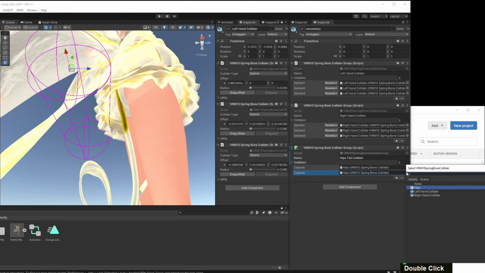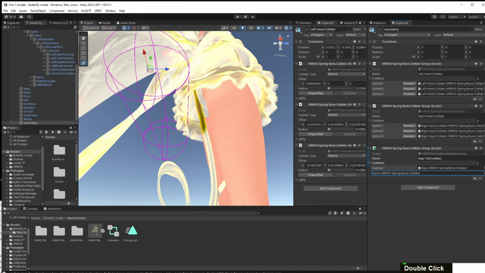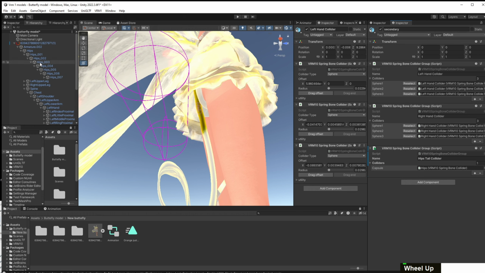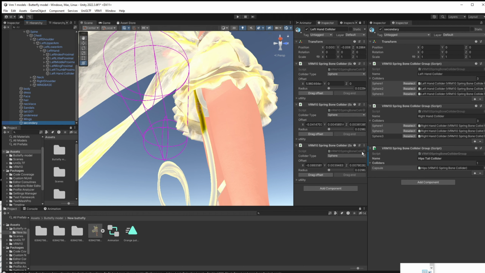For example, if we were to add hands, you can select which sphere you want. So to select sphere 1, sphere 2, sphere 3. In this case, we only have one capsule attached to the hips, as you can see here. But we'll come back to this a little while later. So now that we made a new Springbone Collider group, we will need to assign this Springbone Collider group to